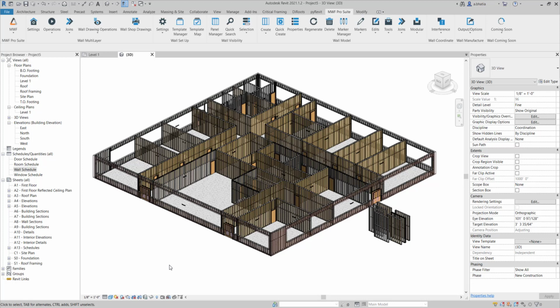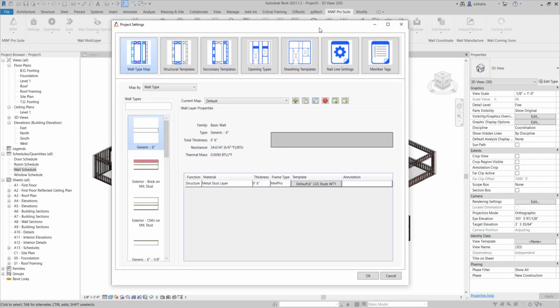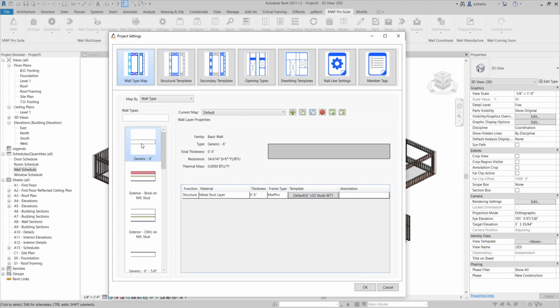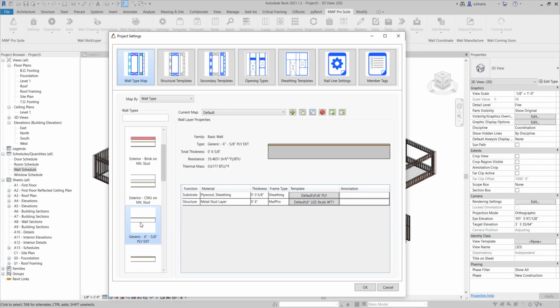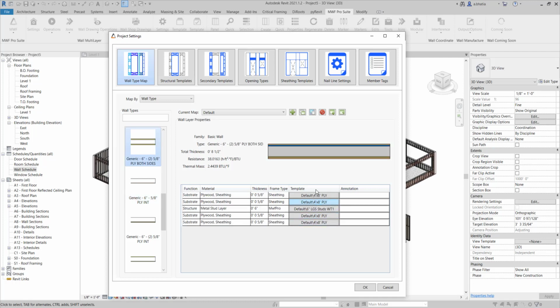So sometimes when we're using the template map method or even multi-layer settings, I'll just show you how I have mine set up. We may have the exact same structural template applied to multiple different walls. In this case, I have a generic 6-inch wall that has the WT1 template assigned. And then I have the same 6-inch wall with plywood that has the template assigned. And then I have another one with another layer of plywood, or I have multiple layers of plywood, but I have the same structural layer